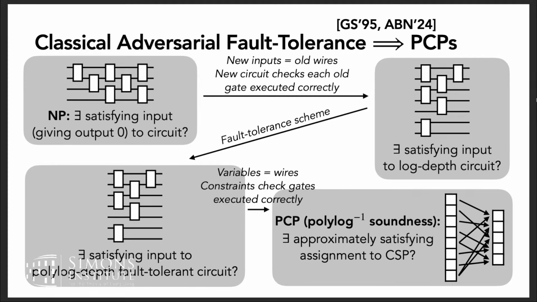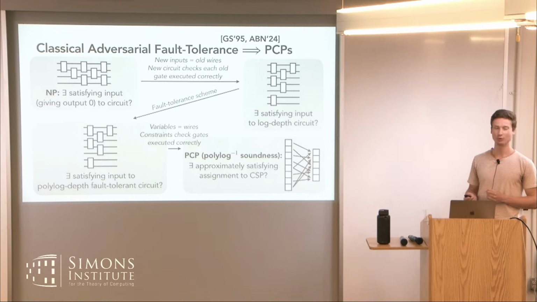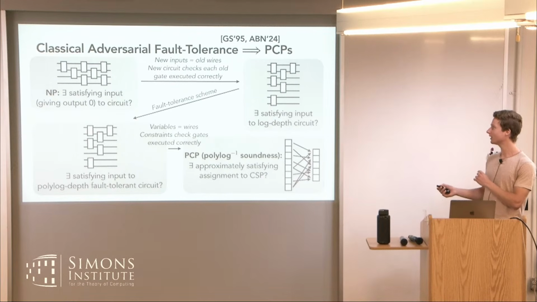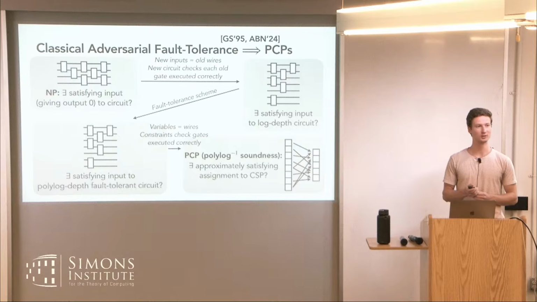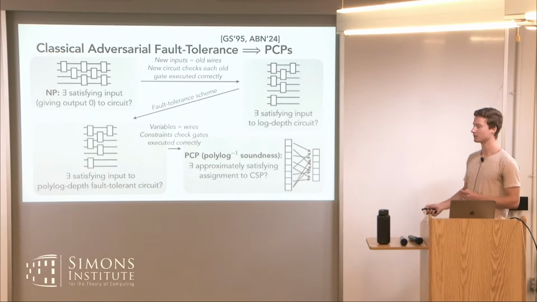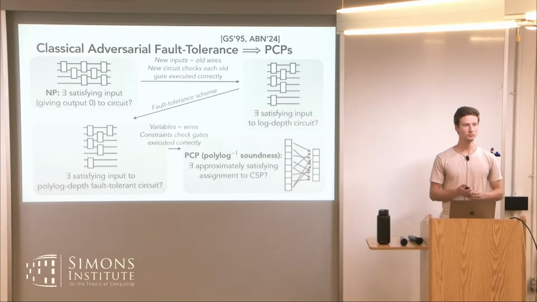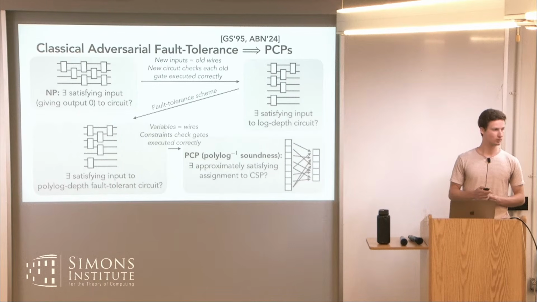So even when you have constant overhead fault tolerance, the first step is going to be constant log, right? Yes. So I should say, the last thing I just said, we could actually not take the and and have this be constant depth. And so you could theoretically hope to not lose the log, if you allow your circuit here to have many outputs, and then your fault tolerance scheme also has many outputs. Cool.